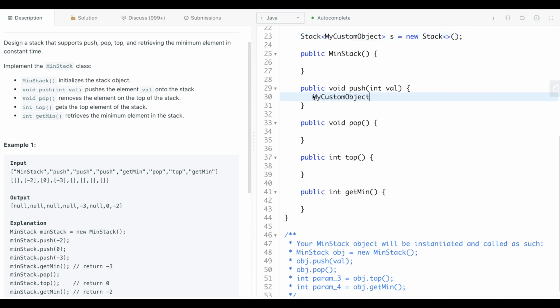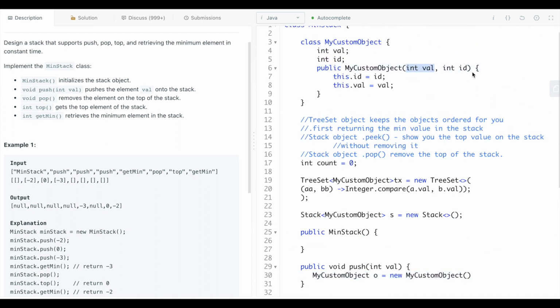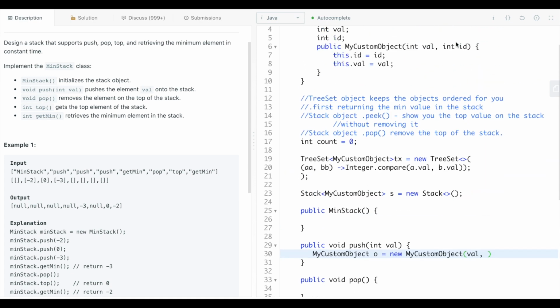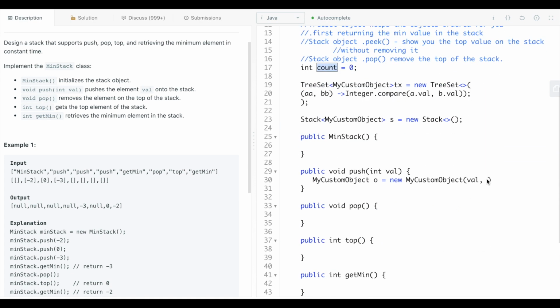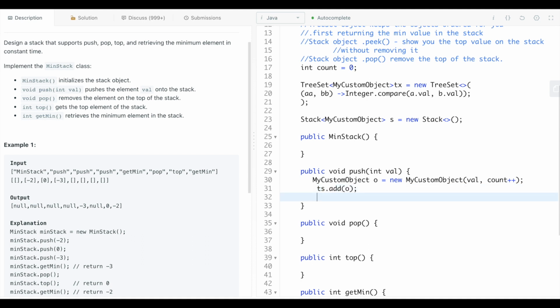So I'm going to say my custom object, I'm just going to call it O, equals a new my custom object, and I'm going to pass through a value and then an ID. So it's going to be the value that's here, and then I'm going to take this count, and I'm just going to say it's whatever the count is, and I'm going to add one more to the count after I'm done. So it's going to be count plus plus, so it's making a new custom object. And I'm going to add it to the tree set,